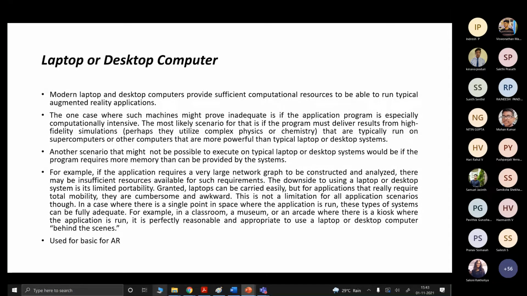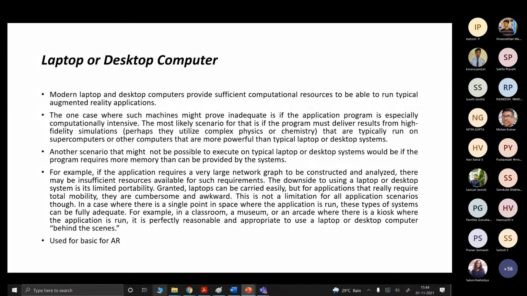And the third system is a laptop or a desktop computer. The AR applications can run on either a laptop or a desktop. Compared to handheld devices, it has more capacity to handle memory and storage. But still some complex tasks cannot be performed with the help of a laptop or a desktop computer. In such a scenario, it requires a supercomputer to perform powerful tasks. A laptop or desktop cannot handle those tasks.